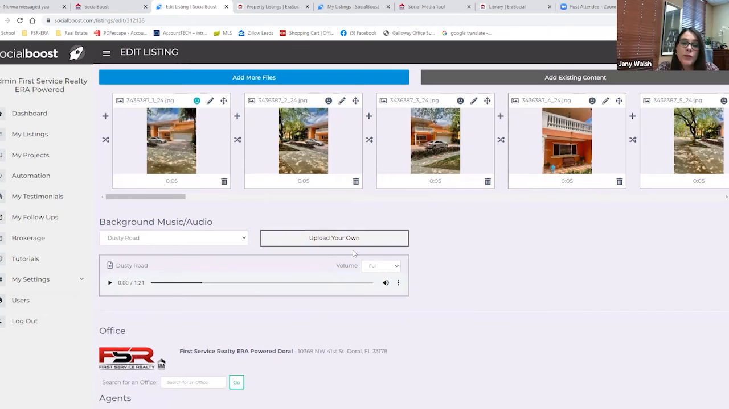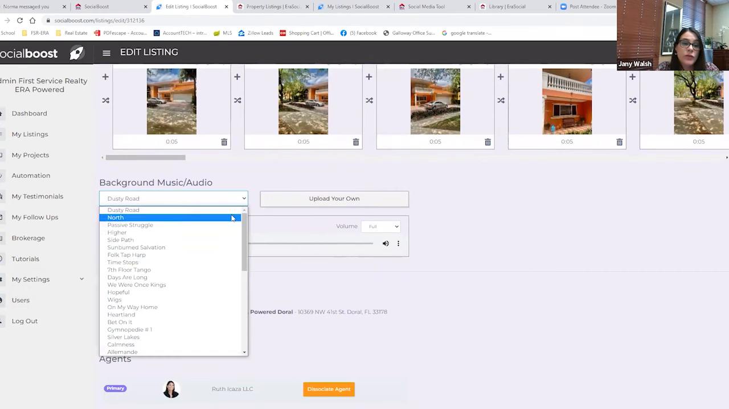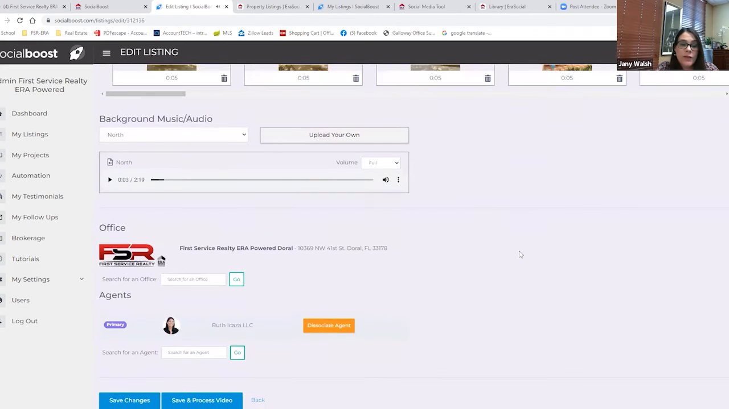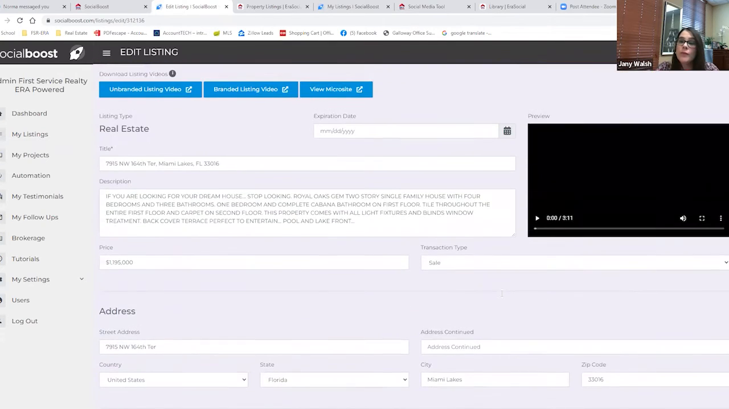You also have the option to change the music. So you have different music here you can choose from, and you can listen to it. And if that's the one you like, that's the one you keep. And then make sure your office logo should always be there and your picture should always be there. Okay. So once you've done the modifications on your tour,